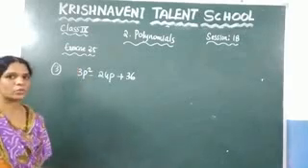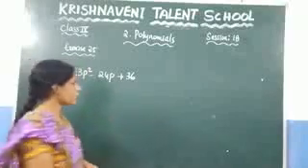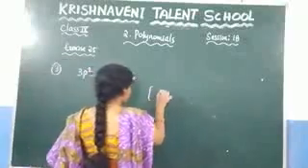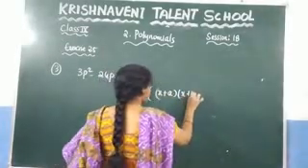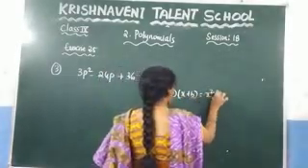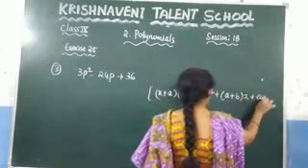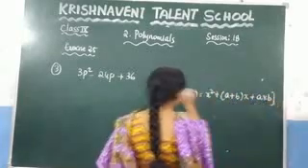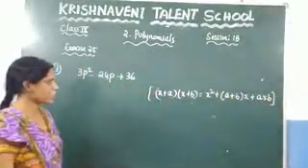So what we need to do here, similarly you can apply one identity which we have discussed before, which is x plus a into x plus b. So what is this one? Which is nothing but x square plus a plus b into x plus a into b. This identity we can apply here, but before applying it you need to check it here.